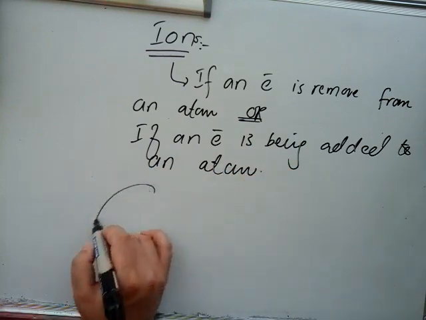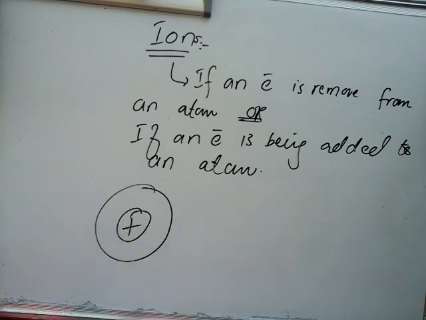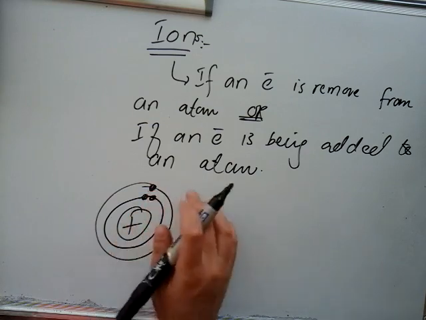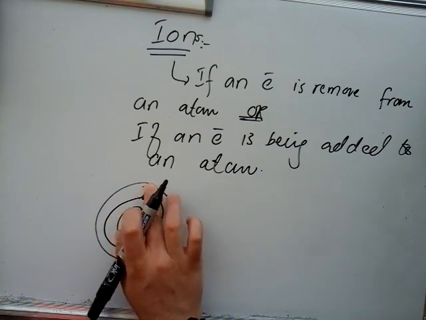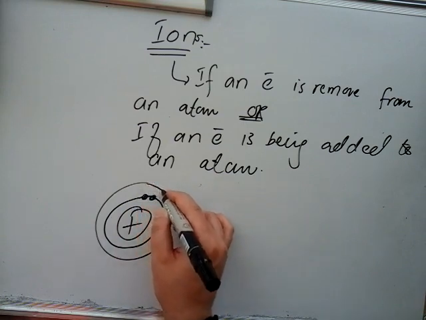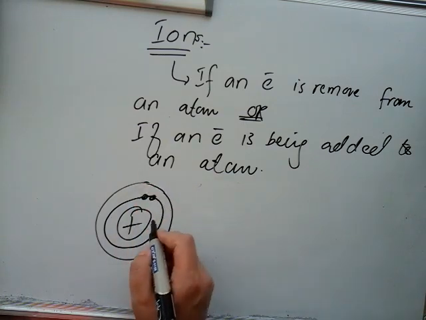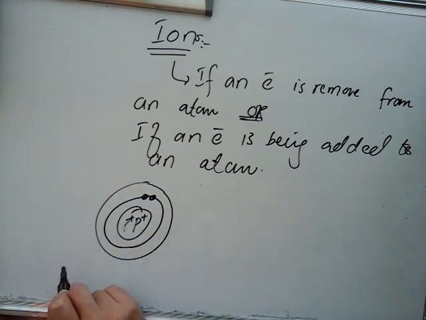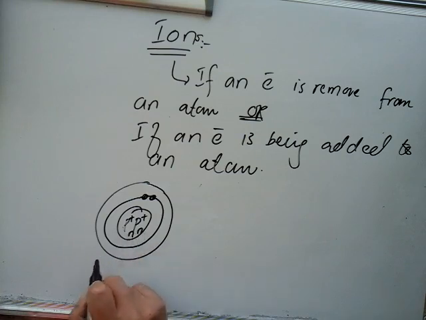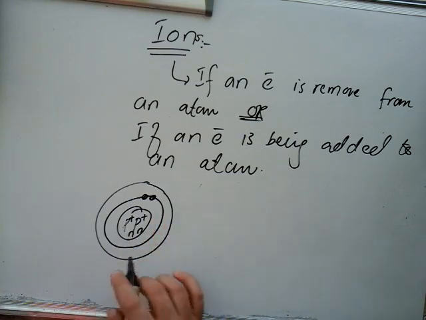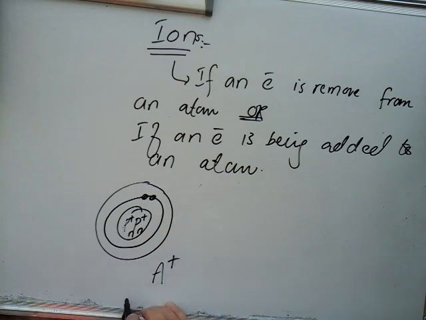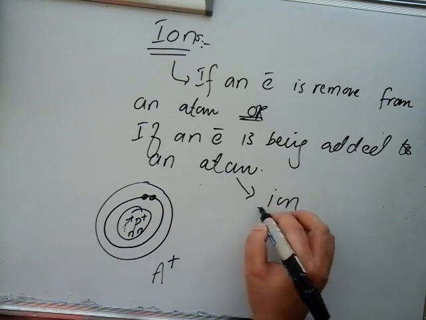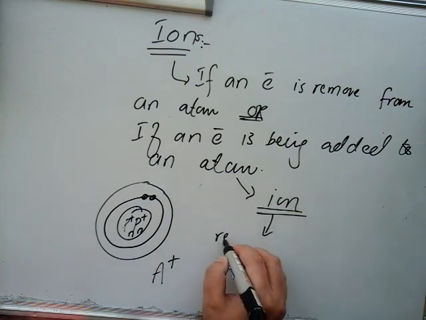For example, this is an atom. If this electron is removed from the atom, what will happen? This atom will have 2 protons, because the number of electrons and protons are always equal. Neutron may be present, so this atom will convert into a positively charged ion. So we can convert an atom into an ion if we remove an electron,